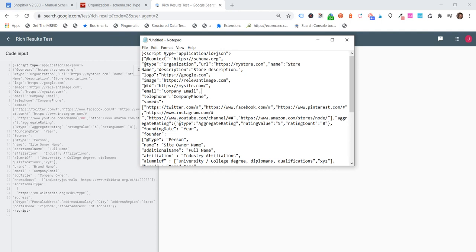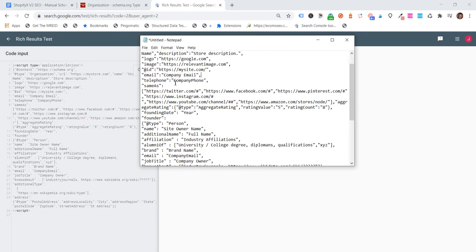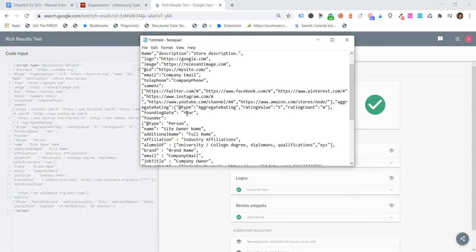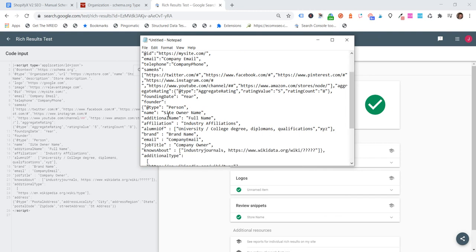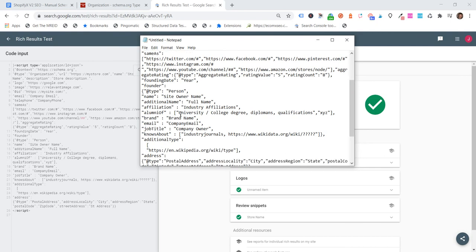You can see here we've added in quite a bit. We've added some extra bits and pieces that probably not a lot of Shopify stores have. So we've got sameAs, which a lot do, but also the founding year, the founder, the person, so you tie the person to the store and that entity, the site owner, their full name, and alumni of, so if they have any